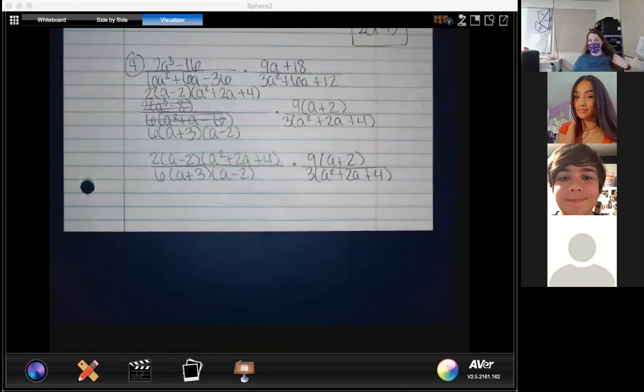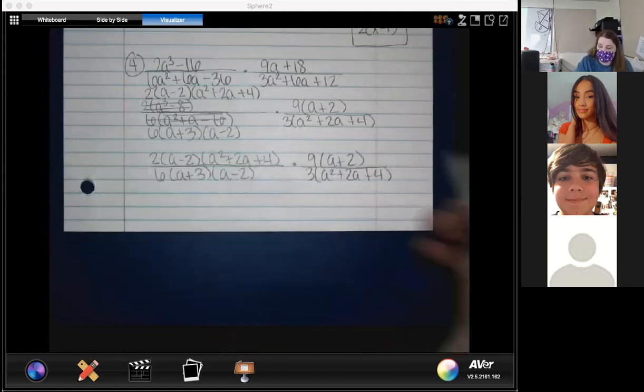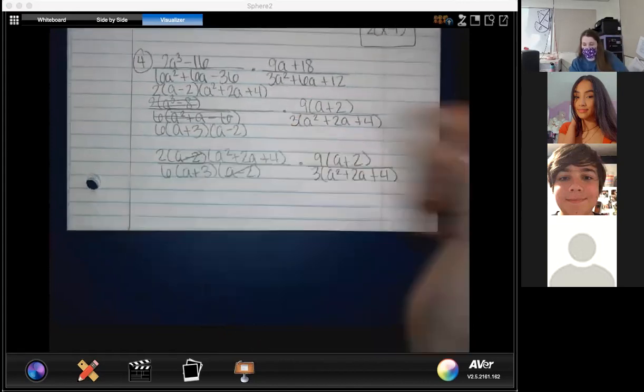All right. What do we think the final answer should be once we simplify everything? What do we believe the final answer should be? Good. A plus 2 divided by A plus 3. Let's show how that works out. So A minus 2 cancels out. Our trinomial